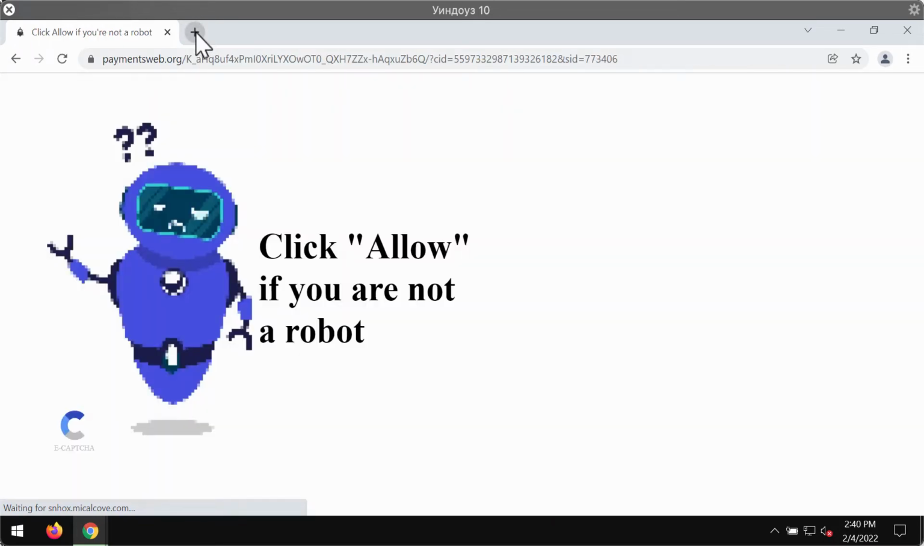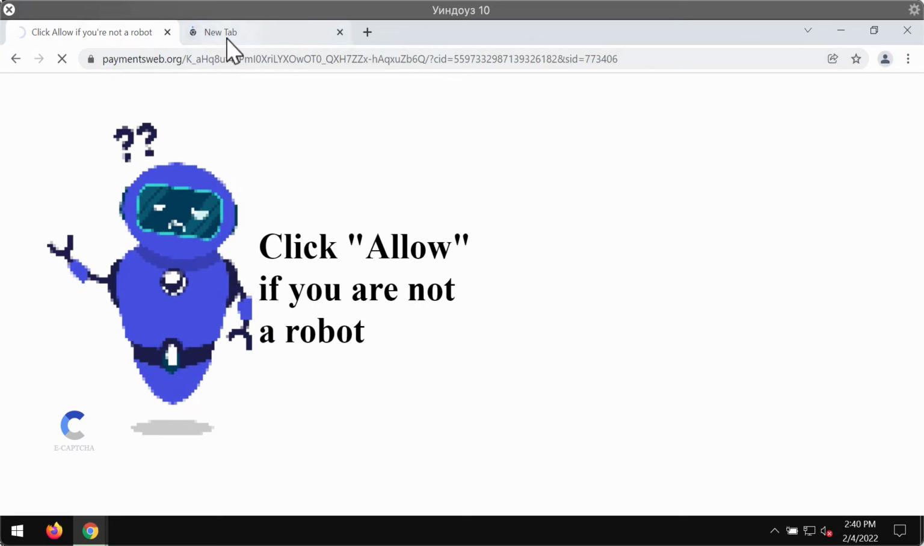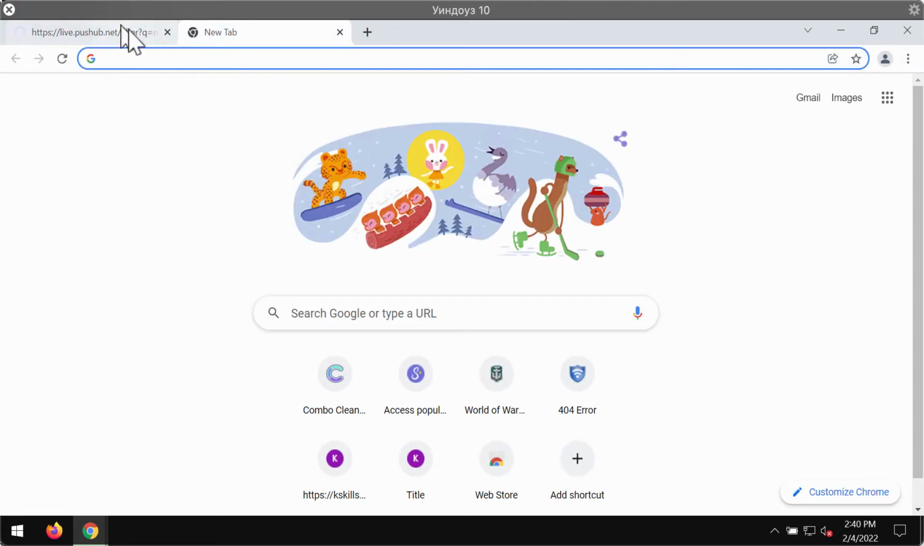They may tell you that it's important for the purpose of age verification or for proving that you are not a robot or for some other reasons. However, after people mistakenly click on the Allow button, the browser gets hijacked with multiple advertisements that